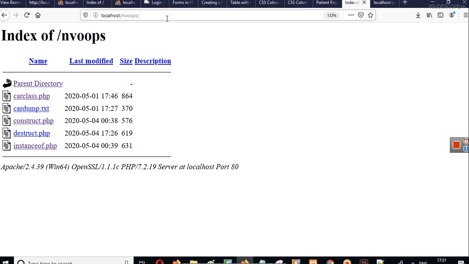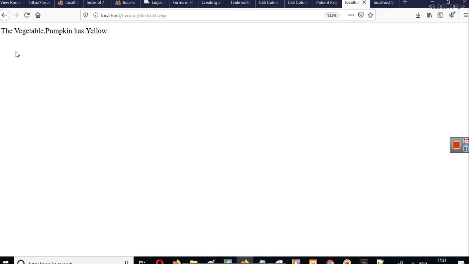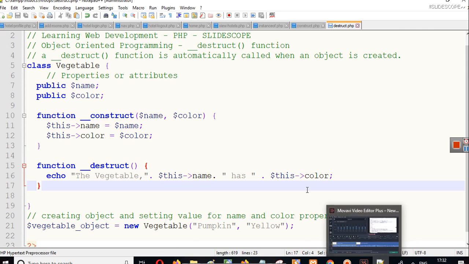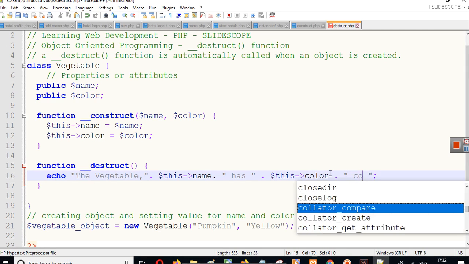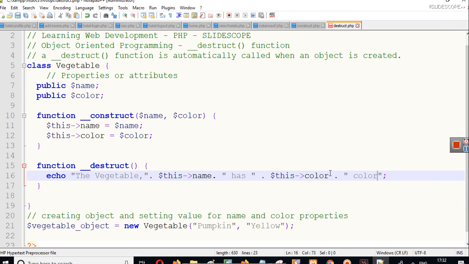Here is the directory in which we have our destruct.php file, and you can see the vegetable pumpkin has yellow, and we can also write has this color, has yellow color. You can write this statement any way, and on destruct you can call any type of function.